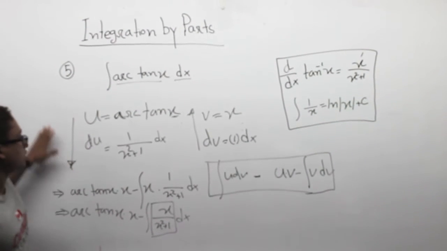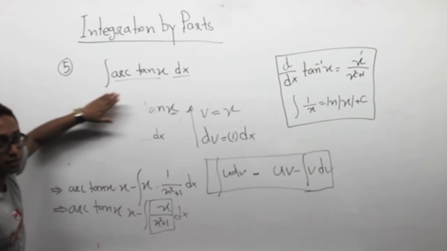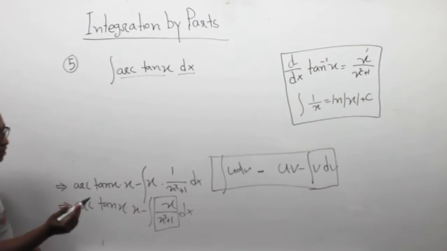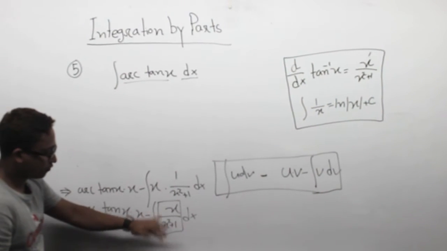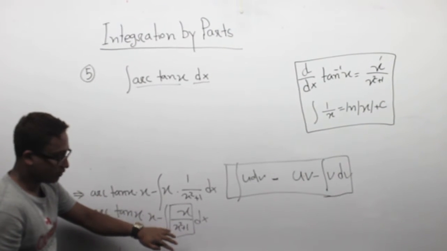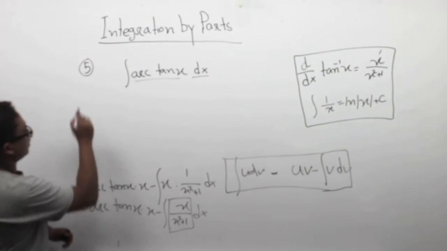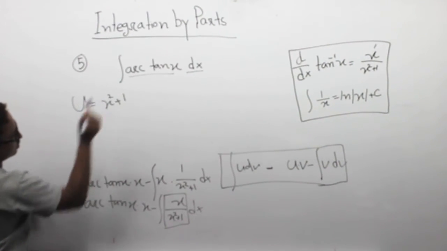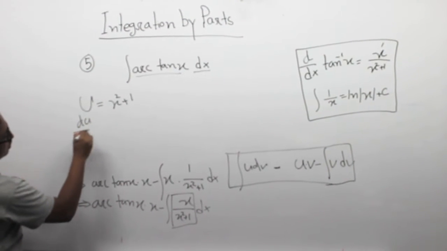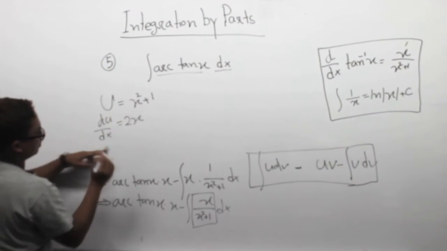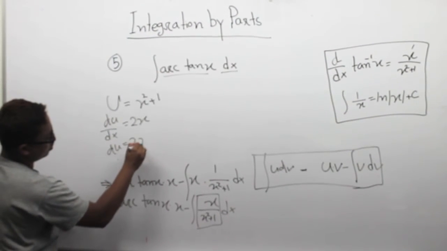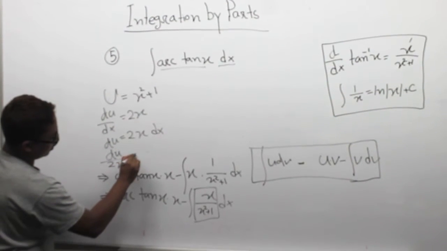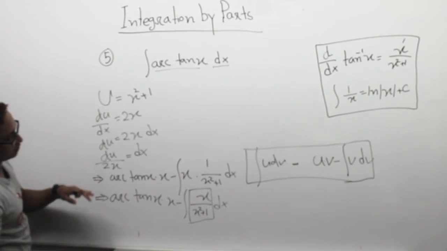So let's say we use u substitution, what do we get? I'm going to be erasing this part because of the space problem. If I use the u substitution method, I have to take one of them as u. Always, whatever the difficult part is, we will take that as u. Let's say u is our x square plus 1. So we have to differentiate this one. du dx is 2x, so du is 2x dx, and du over 2x is our dx.